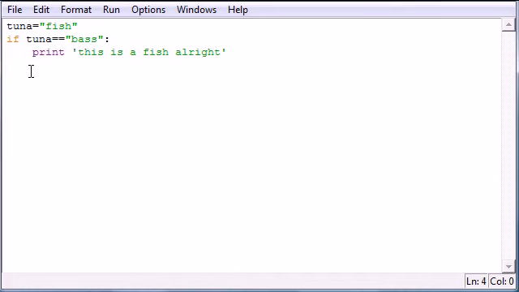If the test is true, it's going to execute the block of code under it, and if it's not true, it's not going to do anything at all. So again, this syntax is very important, where you say if, test, colon, and don't forget that colon, and also don't forget to indent. And once you remember those simple things, you are ready to write